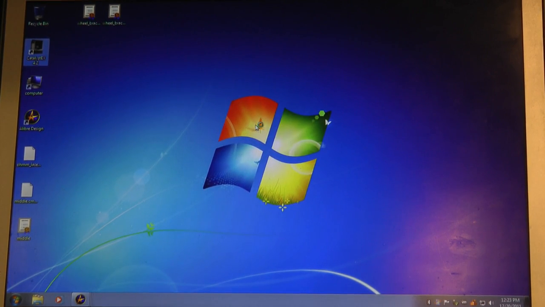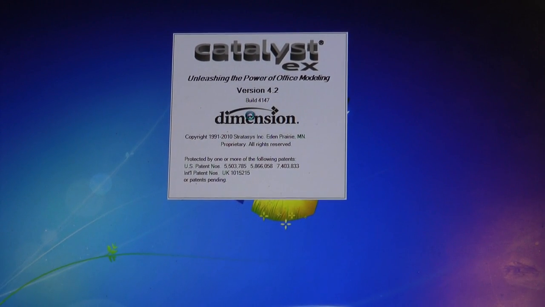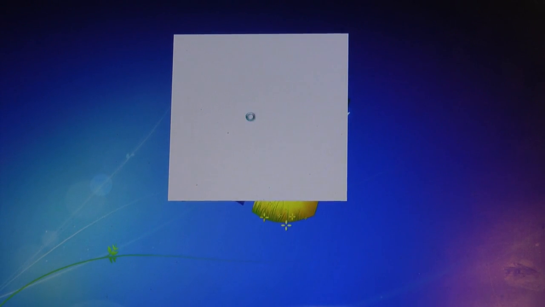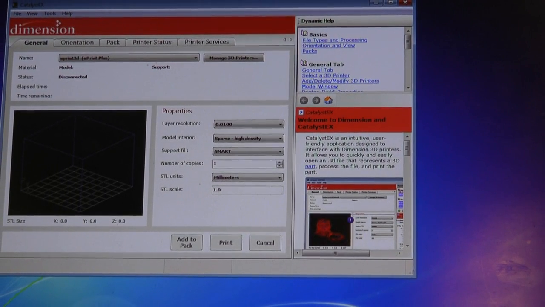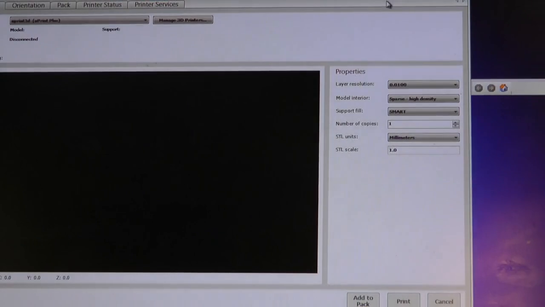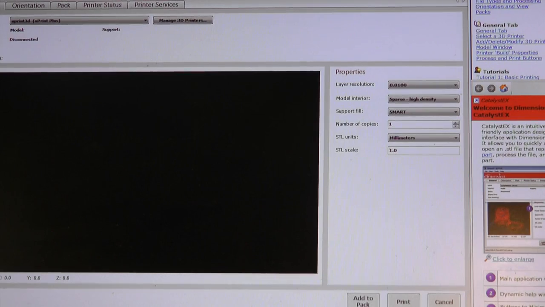We'll now fire up the Catalyst program, which is the processing software for our 3D printer, which is a Dimension printer. Dimension's a subsidiary of the company Stratasys that makes what are called FDM, fused deposition modeling 3D printers. So this is the processing software for our Dimension printer. The model is uPrint 3D,